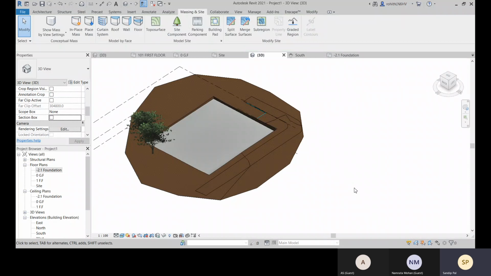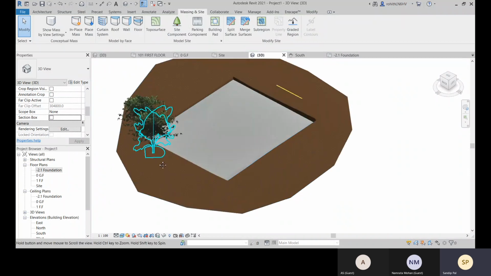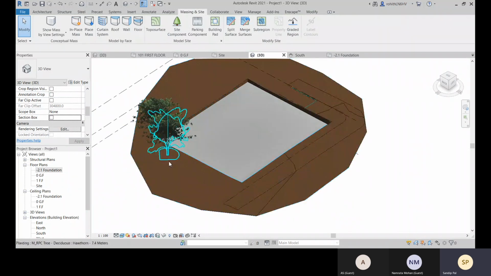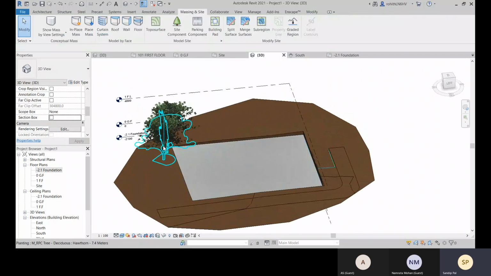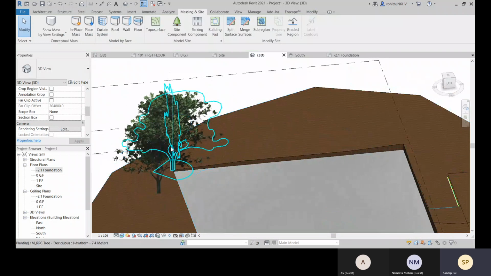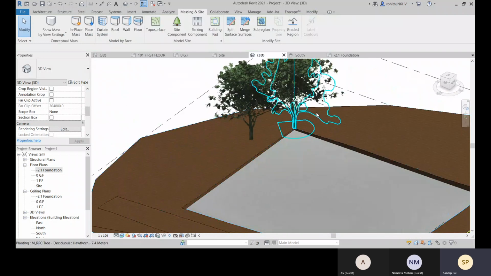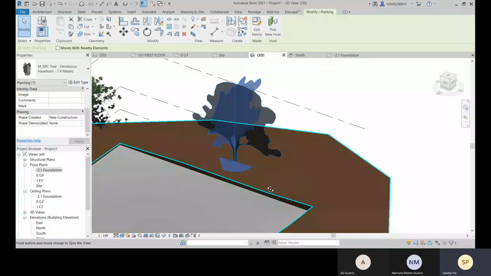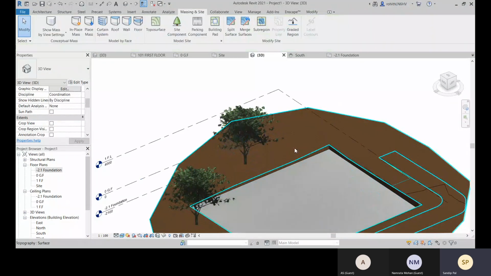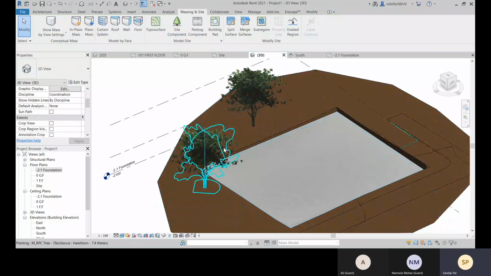Now here you can see, because this section box was there, I was not properly placing this. So now here you can see this tree is placed, and you can drag the positions.